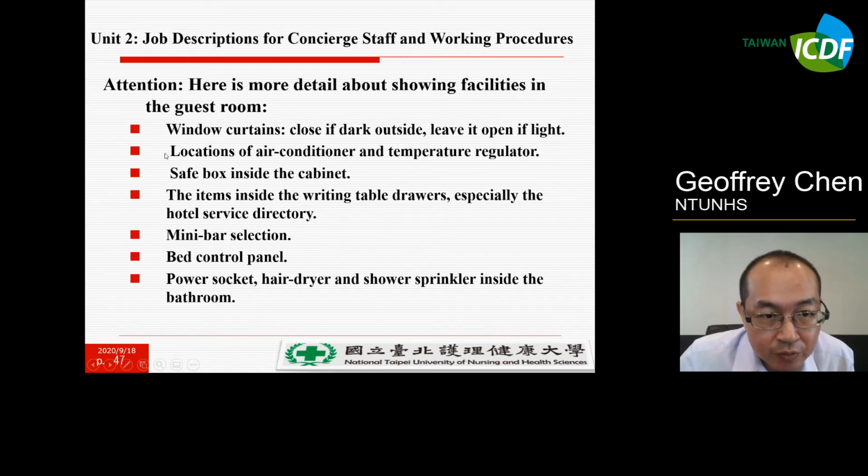You have to make sure the window curtains are closed if it is dark outside, and left open if it is light, and the location of the air conditioning and temperature regulator, the safe box inside the cabinet, the items inside the writing table drawers, especially the hotel service directory, the minibar directions, the bed control panel, the power socket, hair dryer, and the shower sprinkler inside the bathroom.